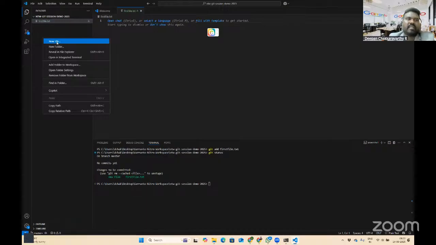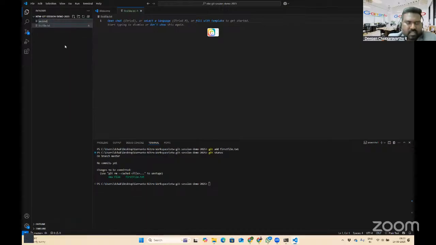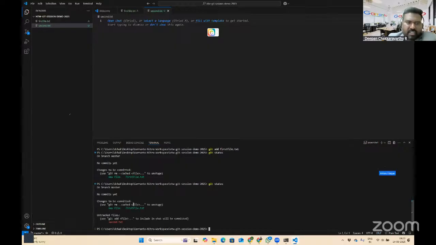So now if you create another file, I'll say second.txt. Right, so we can see I'm getting a few more pieces of information. On branch master, no commits yet, I didn't do any commit. Changes to be committed. So there is a change that I made and tracked, right? I've created a file and then I said git add. So the changes that I made so far in the first file can be committed. And then there is another change, but it is not tracked by Git, because I've just created it, but didn't tell Git that it needs to be tracked.